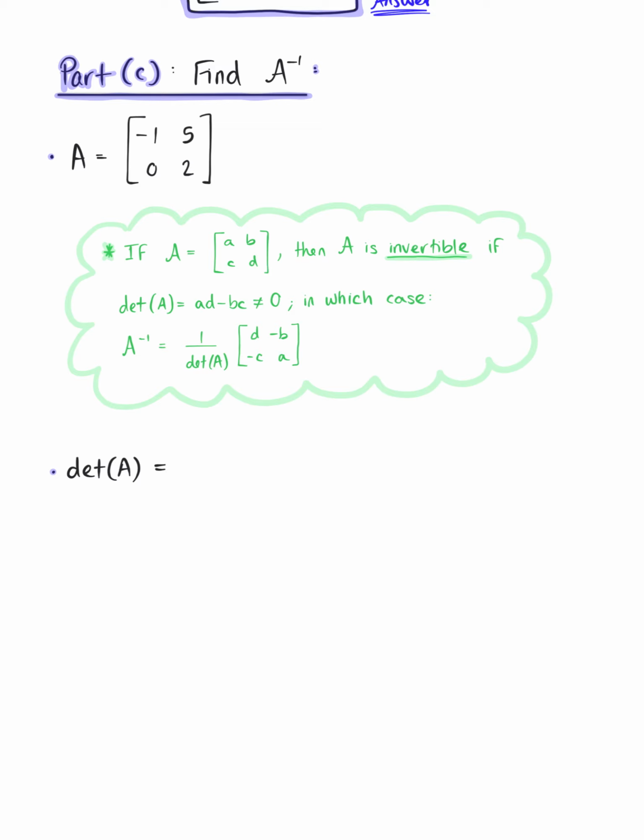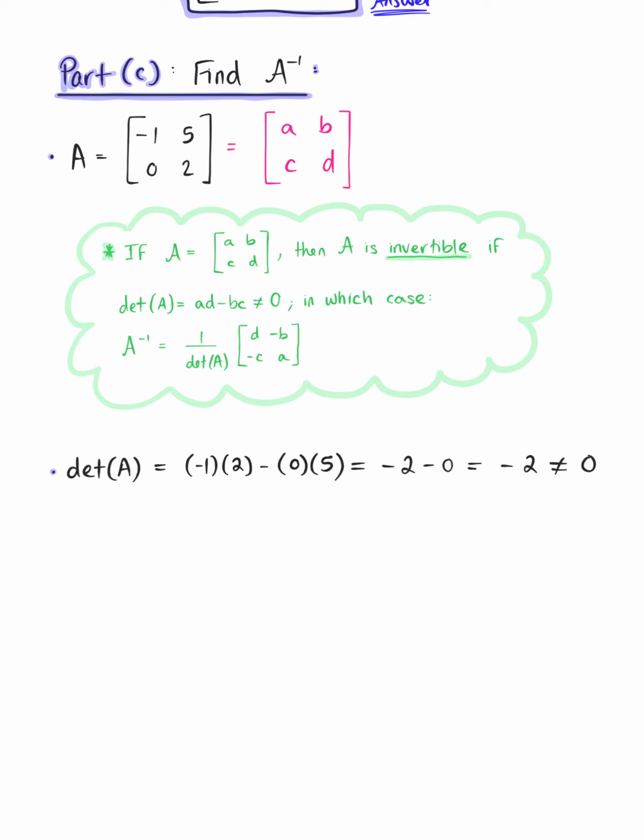So letting our given 2 by 2 matrix A be defined as a, b, c, d, we have the determinant of A is equal to -1 multiplied by 2 minus 0 multiplied by 5. So we have -2 minus 0 leaves us with -2, which we can see does not equal 0, and therefore